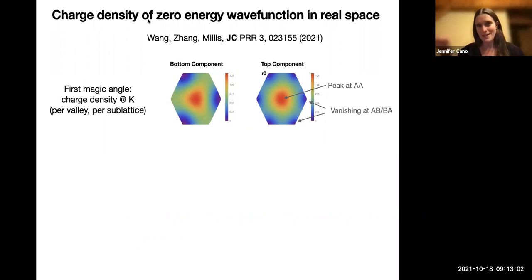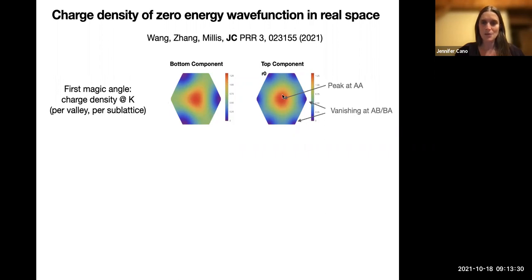So the flat band spans all of the Brillouin zone. So we can pick out different flat band wave functions at different K points. And for each one of those wave functions, we can plot it as a function of real space. What we're looking at here is a plot of the wave function at the K point plotted in real space. It has weight on the bottom layer and weight on the top layer. And we see that for both of these, there's a peak at the center of the